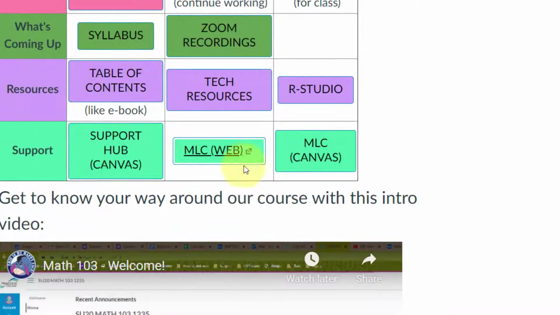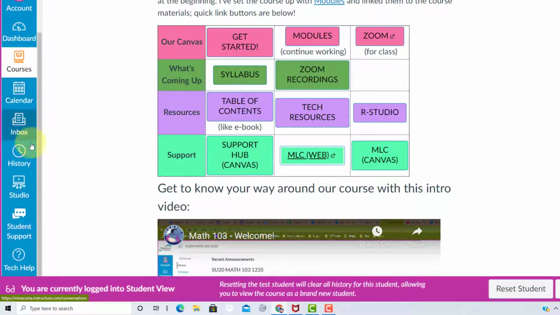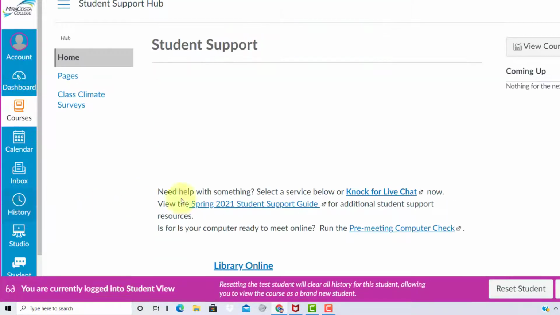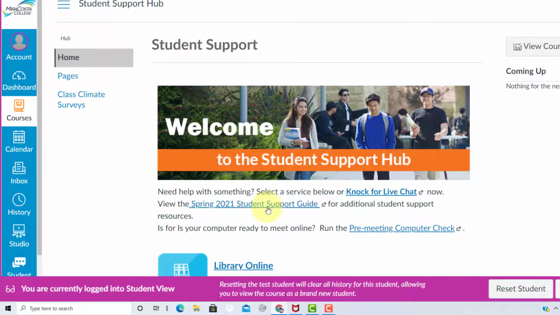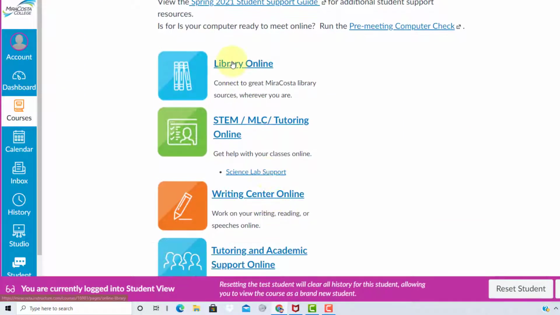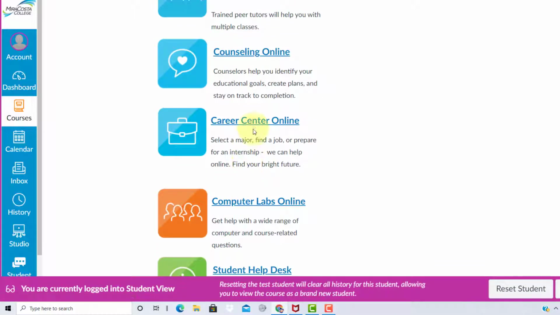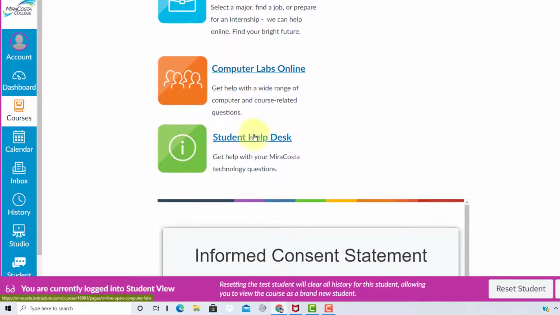Jumping back to our course, there's also the Student Support Hub. You can find the Student Support Hub through My Button or through the side menu in Canvas. Right here you can see Student Support, and if you click on that, it'll take you to a site in Canvas that has the Student Support Guide, as well as quick ways to get to the library, the Math Learning Center, and if you're taking other classes, the Writing Center, Task, Counseling, Career Center, Computer Labs, and the Student